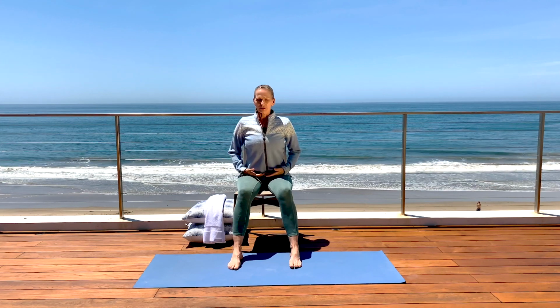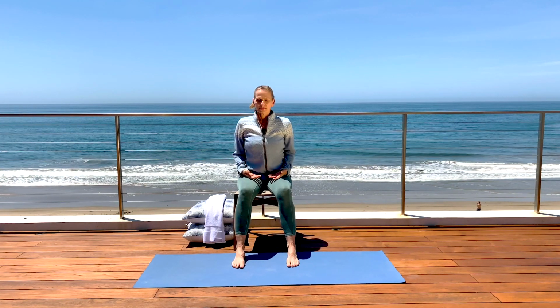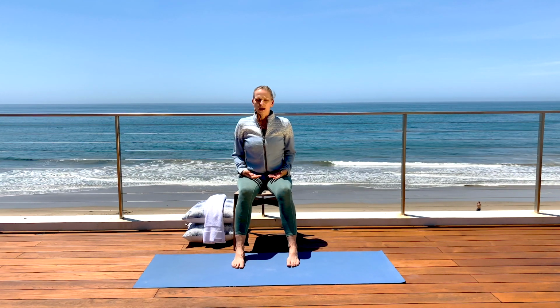So sit tall so your spine is erect. You can have a pillow behind your back if you need to. Close your eyes softly, palms facing up, shoulders are rolled back. Relax your toes. Inhale. Exhale. And when you sit,